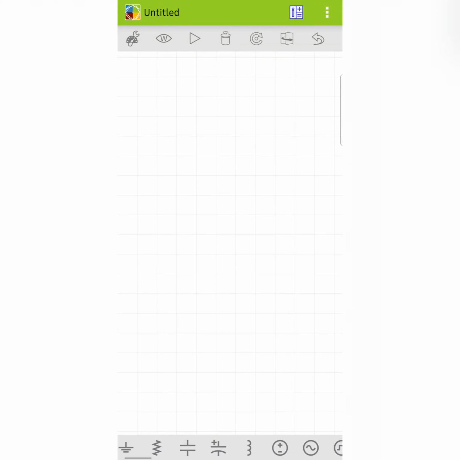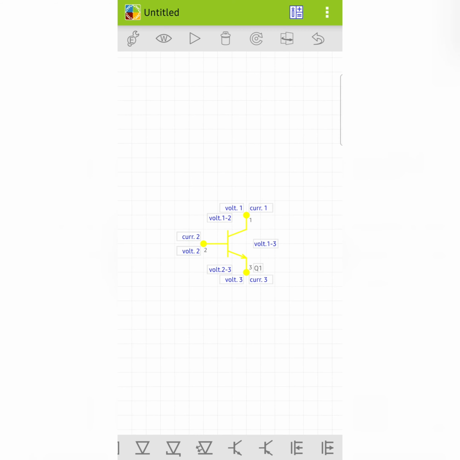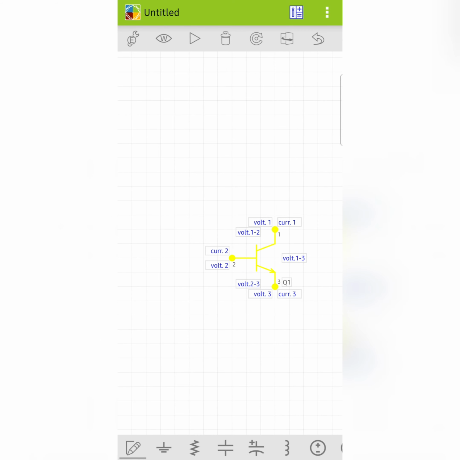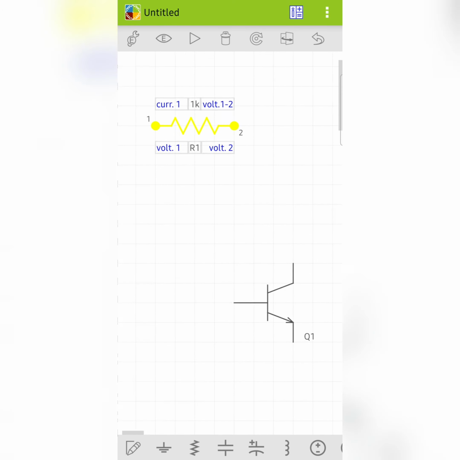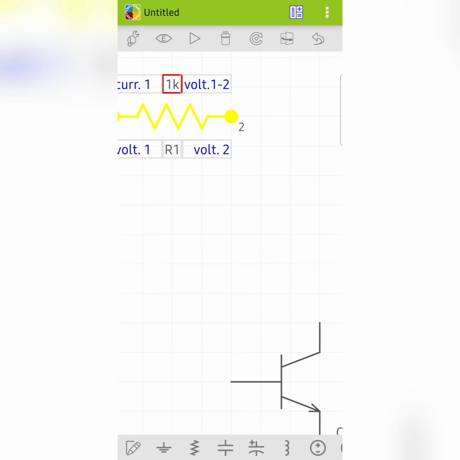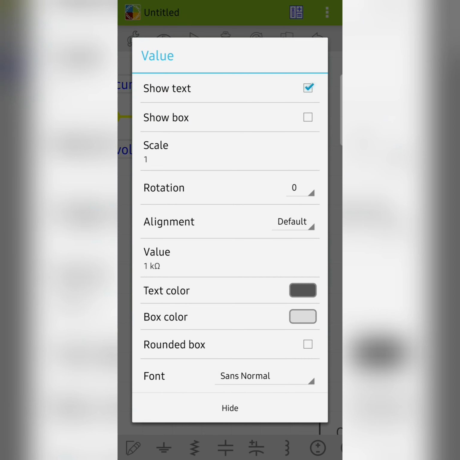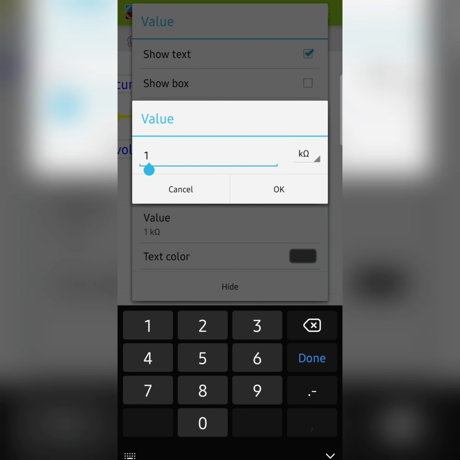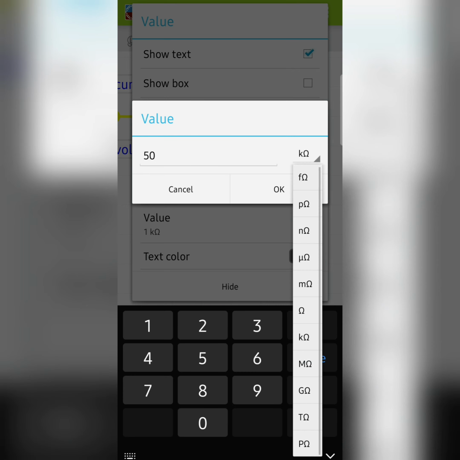First we need to place the components. You can choose the components from here at the bottom. You can place the components wherever you want. If you want to give the resistors or capacitors a particular value, you have to click on the value, then go to this tool symbol and give whatever value you wish.